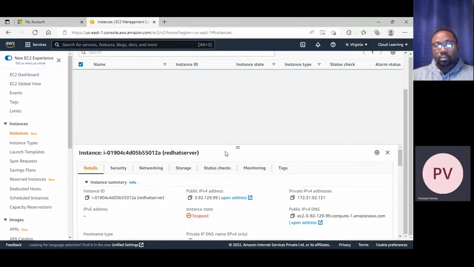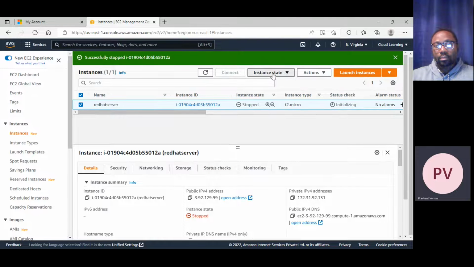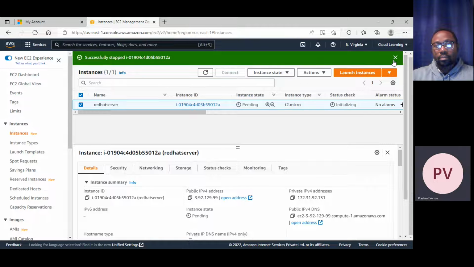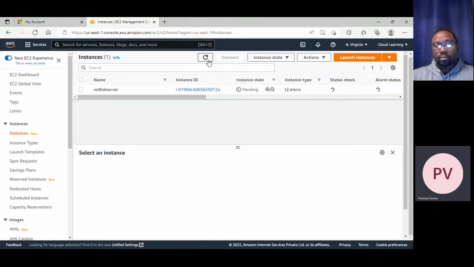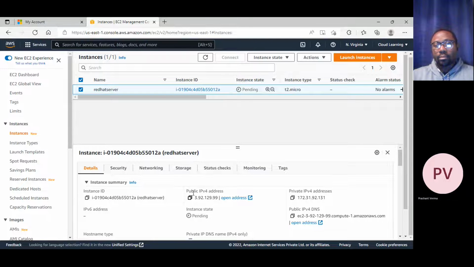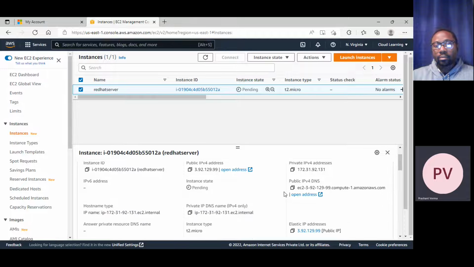Okay, so now if I start this server, hopefully the IP will not change. See, the IP address remains the same. This is the logic of Elastic IP.